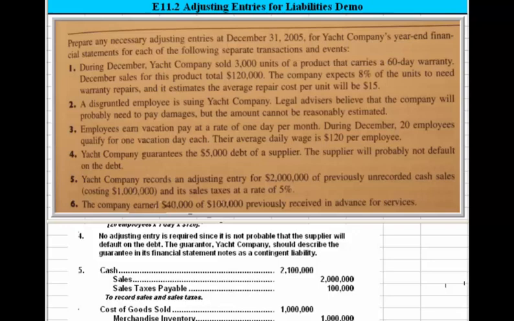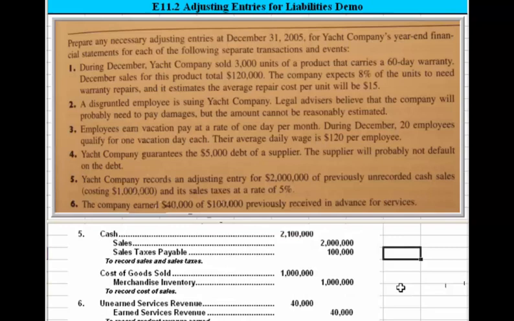I'm sorry. 5% of the $2 million represents the sales tax, and we need to record that as a liability. When we sum the two, we get cash. Now, the $1 million we are recording as a debit to cost of goods sold and a credit to merchandise inventory. So we're assuming we are operating a perpetual inventory system, and that's a pretty good assumption since most companies these days aren't using a